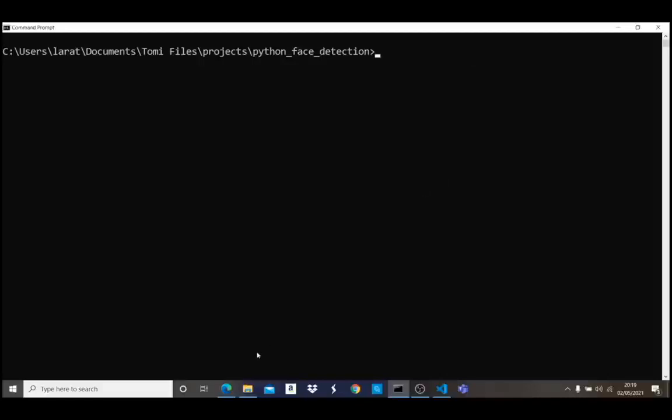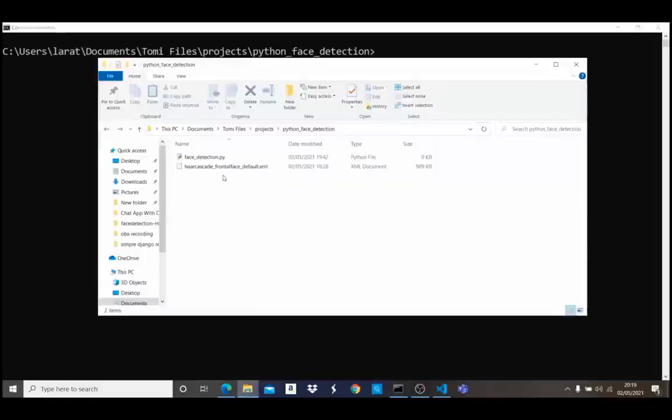And then the next thing you need to have is this OpenCV XML file. Now this file is pre-written, and once we use it in our Python code, it will make it far easier for us to detect faces using Python. And then the only thing you need next is the image you want to detect. The program will detect the faces and draw a rectangle around